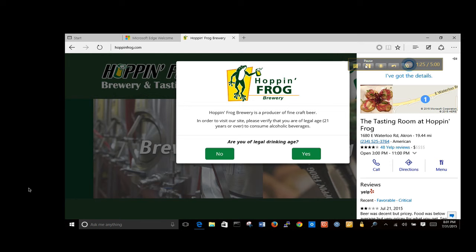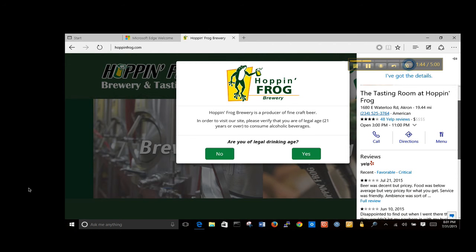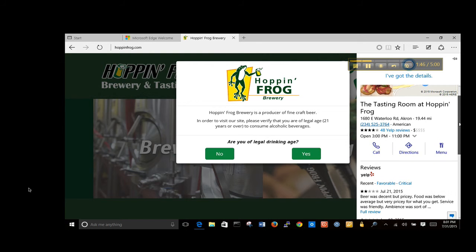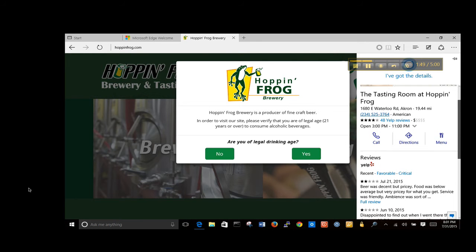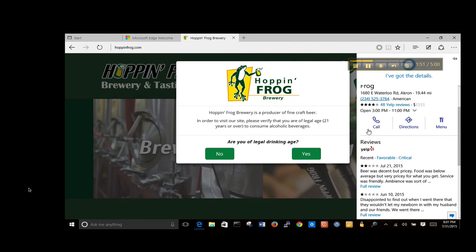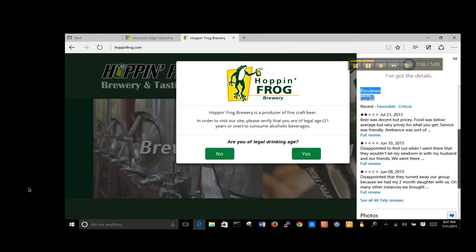So we can see we got here the map of the place with the road and directions to get there. You can call the place. You can have information on the menu. You can see the Yelp reviews about this place and stuff like that. It's one of the best breweries anyway in the Akron Canton area, and happens to be close to my home, so it's pretty expensive though, honestly. Anyway,